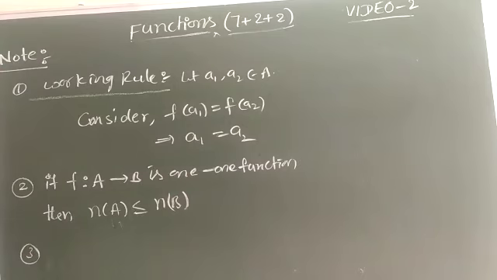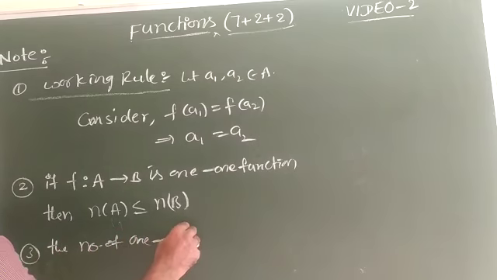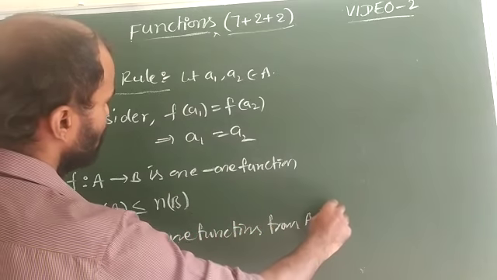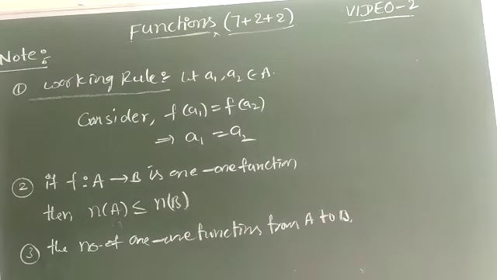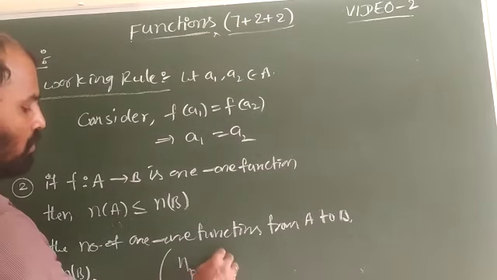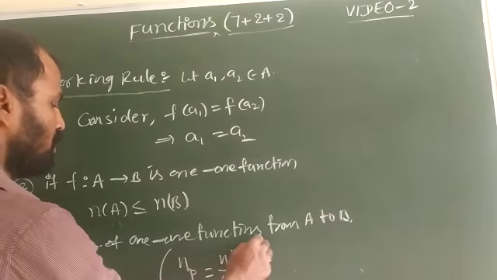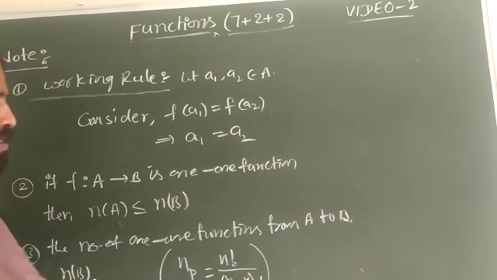Next, third one is the number of one functions. The number of one functions from A to B is n of B P n of A. Suffix లో రాయాలమ్మ. n of B ఎక్కడ ఎండ్ అవుతుందో P n of A. So clearly it is of the form nPr. Second year లో వస్తుంది మీకు nPr. So permutations. What is the nPr formula? n factorial by n minus r factorial. ఈ ఫార్ములా యూజ్ చేసుకుని ఆ వాల్యూని ఫైండ్ అవుట్ చేస్తాం. అది ఎలా ఫైండ్ అవుట్ చేస్తాం అనేది ప్రాబ్లమ్స్ లో చూద్దాం.